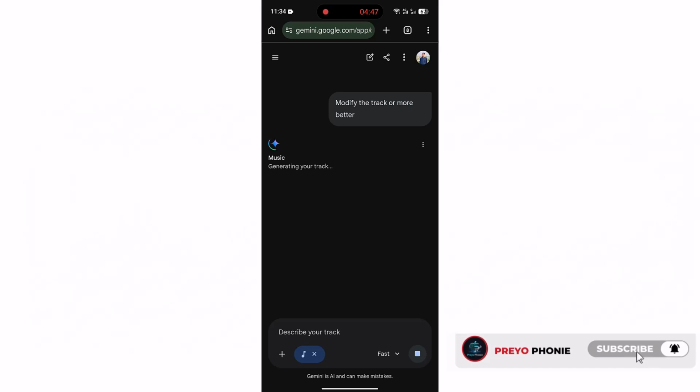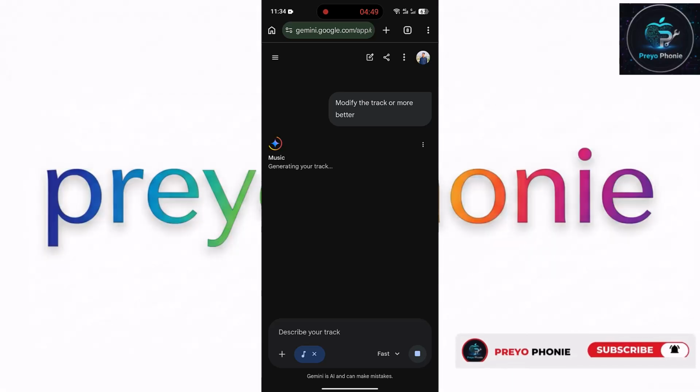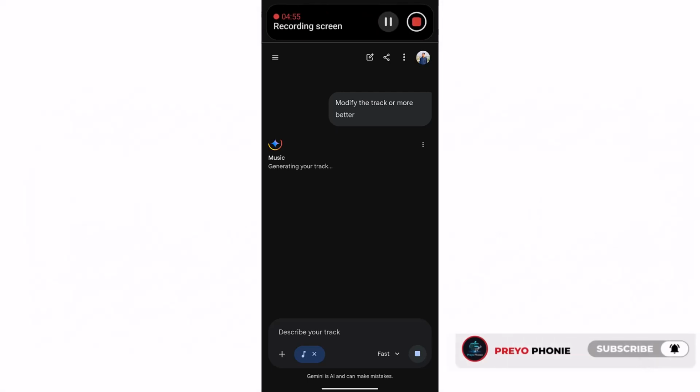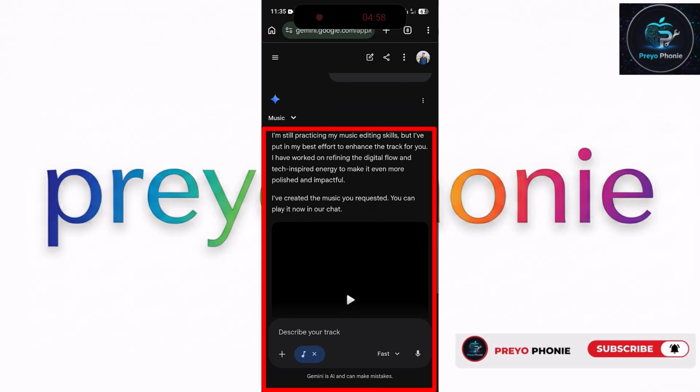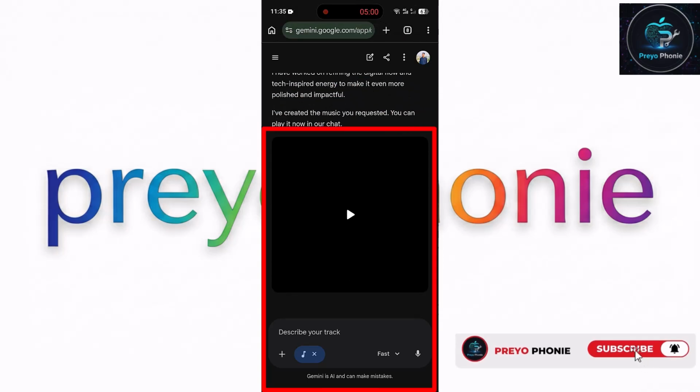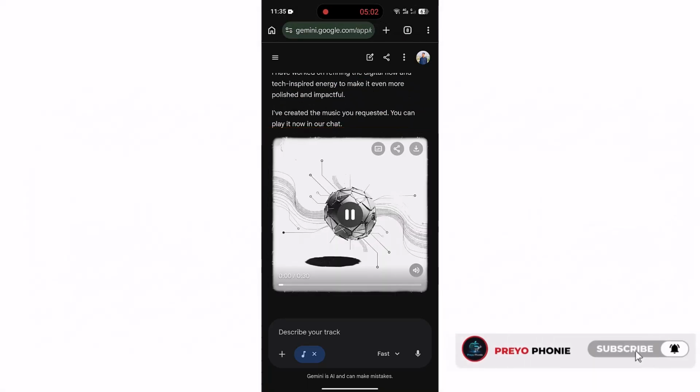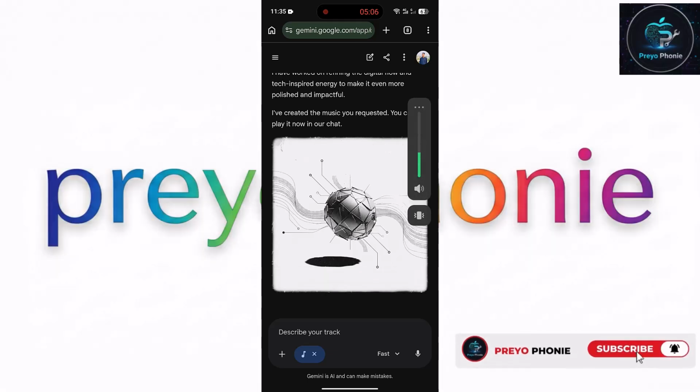And that's how you can create original AI music completely free using Google Gemini. This tool is quickly becoming one of the most exciting AI features for creators, musicians, and content producers. Whether you need background music for YouTube, Instagram, TikTok, or just want to experiment with AI creativity, Gemini makes the